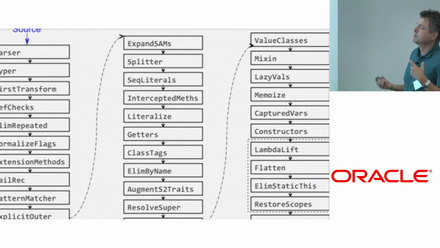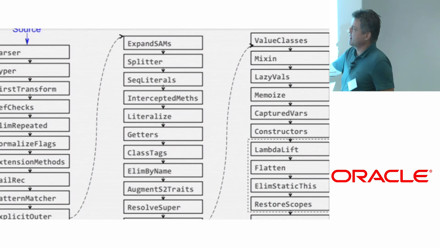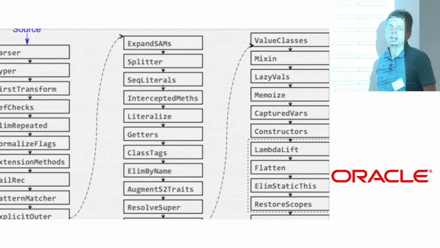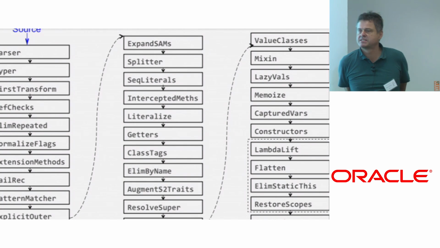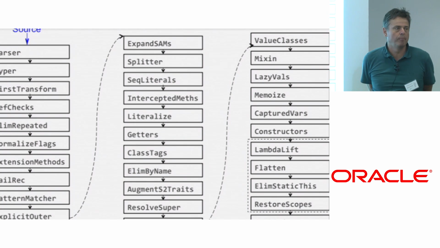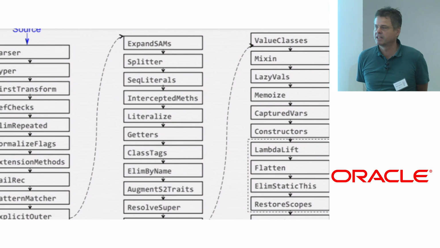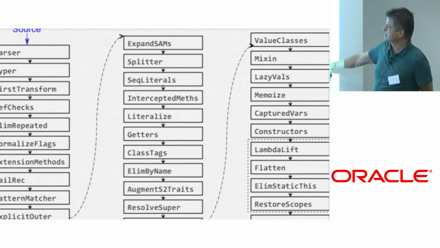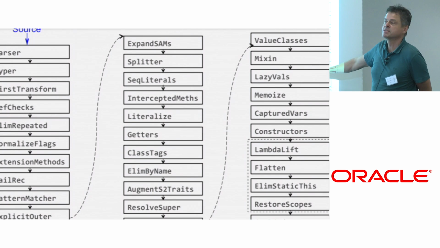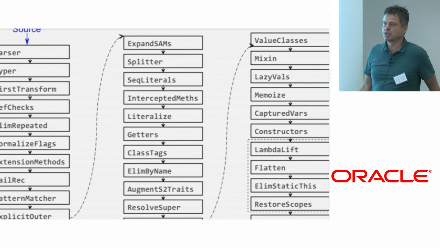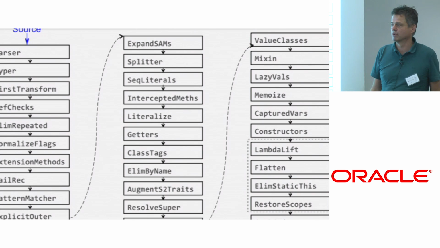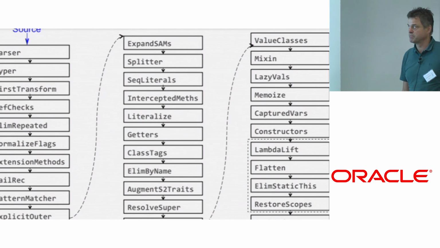So the next reason why it's complicated is that there's a very, very deep transformation pipeline. I don't know, for Javac right now, how many phases there would be between the type checker and the backend. 5, 6. So that's a subset of the current system. I think we have like 40. And they're bunched into macro phases, so they're typically fused, but conceptually there are 40 different things that have to happen here.